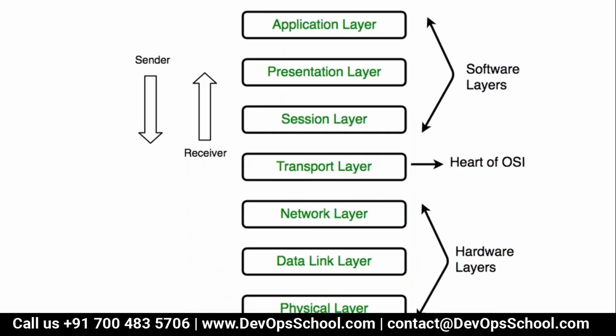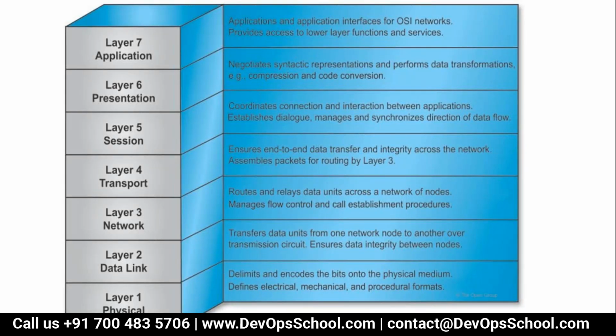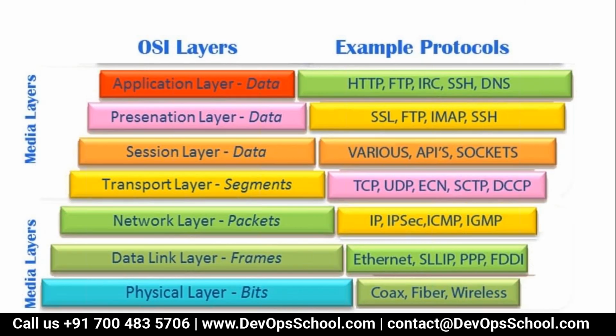Now these are the layers. We call them soft layers, hard layers, and the middle heart of the OSI, which is called the transport layer, sender and receiver. These are the layers, these are the protocols, and these are the responsibilities: L1, L2, L3, L4, L5, L6. I'm not covering it in detail because I'm not teaching you that networking concept, but just getting you more comfortable with the L1 concept, L2 concept. Each layer has a certain distinct functionality. Now these are the protocols which work on these layers. Look at only L2 and L3, the data link layer and network layer. That's all we need for today's session.